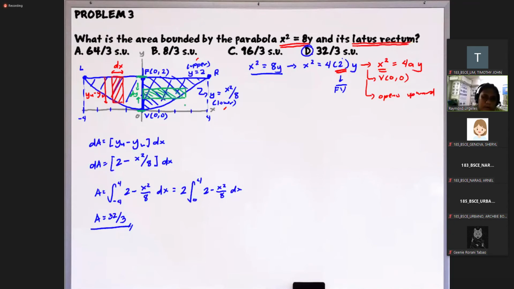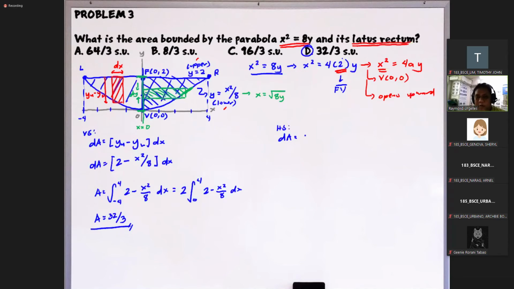Diba? So then yung magiging boundaries naman natin dito, una is the y-axis. Y-axis is a vertical line passing through x is equal to 0. Kaya x is equal to 0 hanggang dun sa parabola natin. And again, from this parabola, solving for x, you will get square root of 8y. So kaya pwede rin natin gawin dito as we get the differential area. Ito yung para sa vertical strips, and ito naman yung sa horizontal strip.